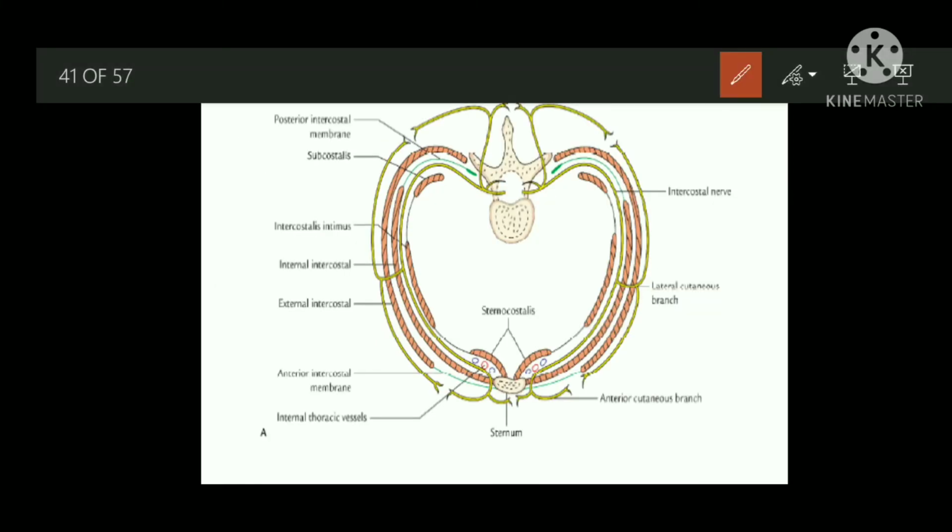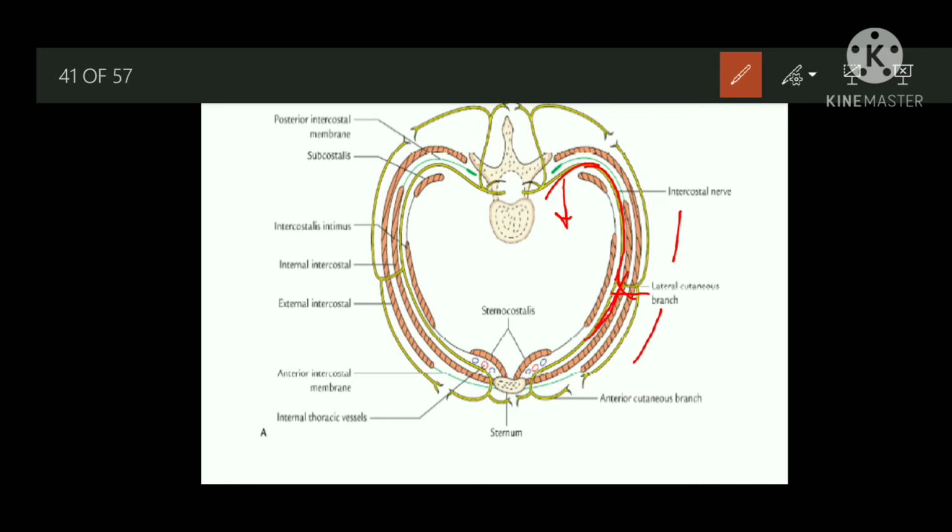So now look at the course of the intercostal nerve. This anterior ramus, that is the intercostal nerve, runs in the costal groove along the lower border of the rib, between the deep and intermediate layers of the intercostal muscle. Here it gives collateral branches, and at the mid axillary line it gives the lateral cutaneous branch. This lateral cutaneous branch pierces the intermediate and the superficial layer. Then it divides into the anterior branch and the posterior branch to supply the skin on the lateral thoracic wall.